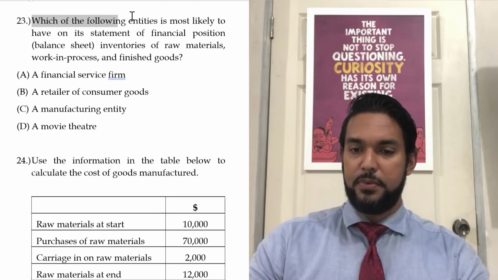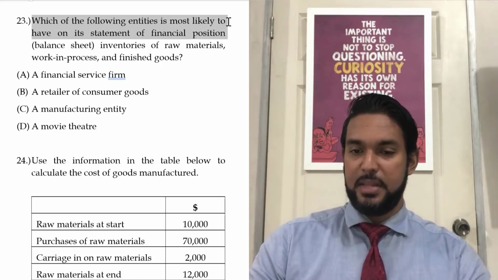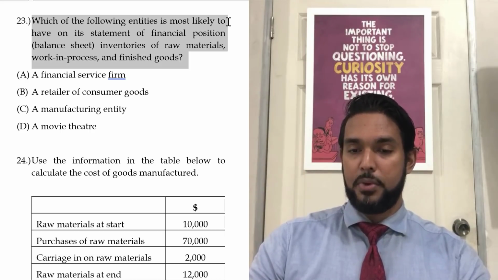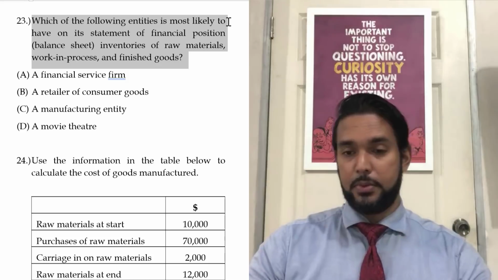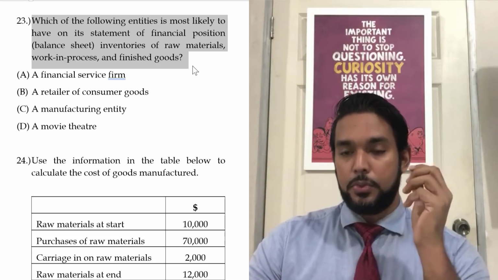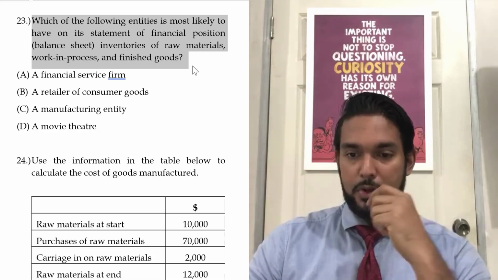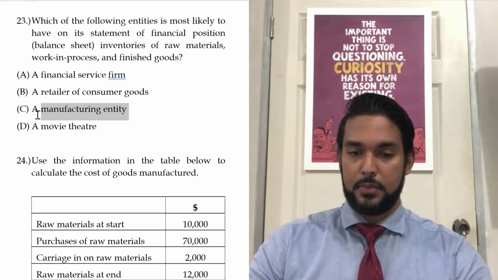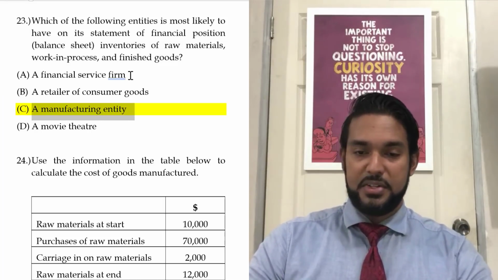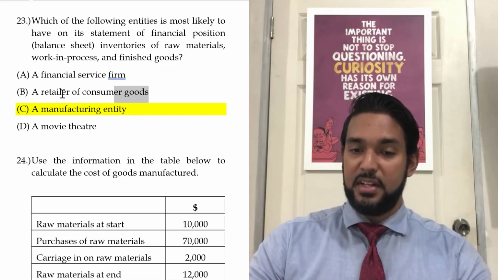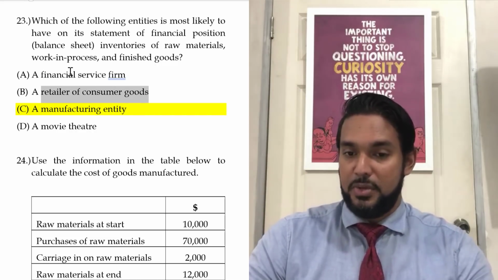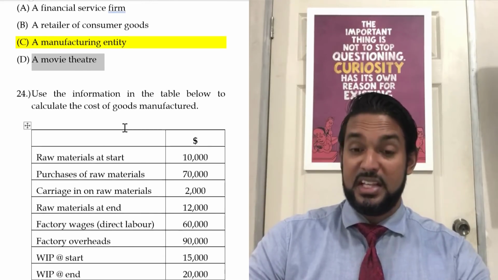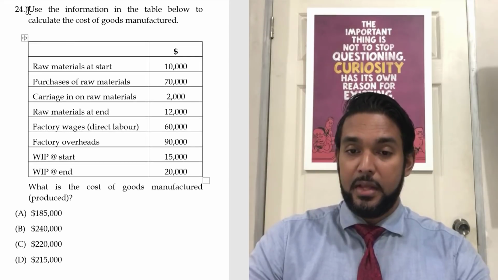Right, okay. Which of the following entities is most likely to have on its statement of financial position, its balance sheet, inventories of raw materials, work in process, and finished goods? So this is also based on the next past paper question, but I changed it slightly. So 3 items of inventory: raw materials, work in process, and finished goods. That is definitely a manufacturing entity. Right? A financial service firm will not have stock. A retailer of consumer goods will have stock of finished goods. Wouldn't need work in process or raw materials. A movie theater, you'd have a stock of Avengers Endgame. Anyhow,